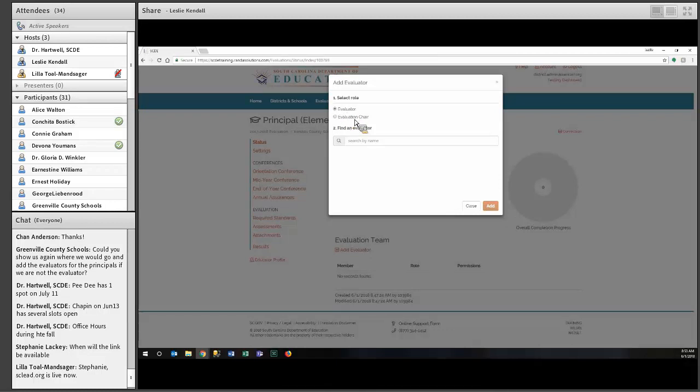If you only use one, that one person would be the evaluation chair. If you have multiple people, one person would be designated as the evaluation chair, and the other people would be evaluators. You'll select or enter in a name to find a person. Once you've got your list returned, you select the person you would like to assign in that role, either evaluator or evaluation chair, and click Add.